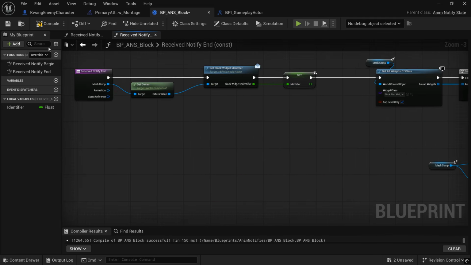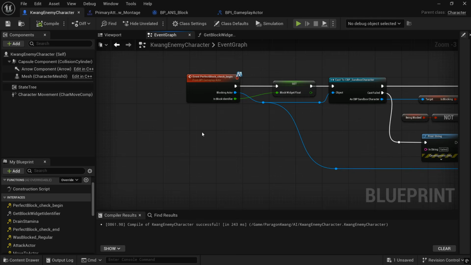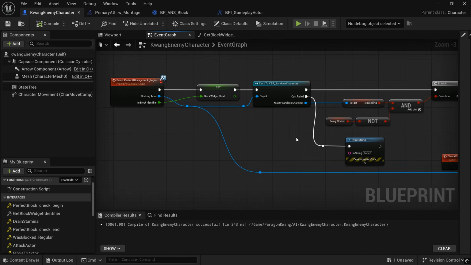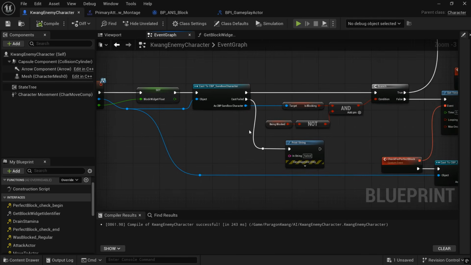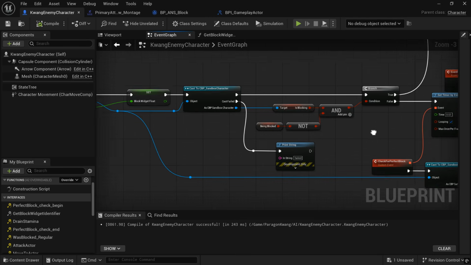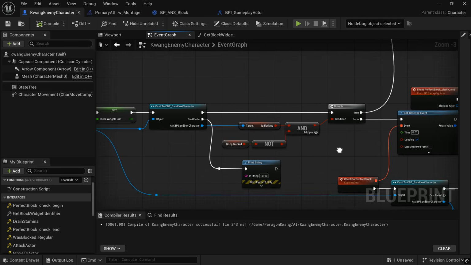When that diamond strikes at the beginning, at frame 5 in that animation, this is what happens. We're casting to our sandbox character, and from that we're getting some variables. Right now we're just getting is blocking. So if our character is already holding down the block button, if that's true, we're going to go into a basic block and we're going to drain some stamina, because